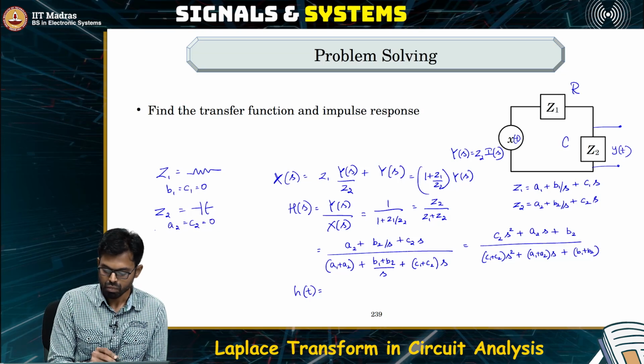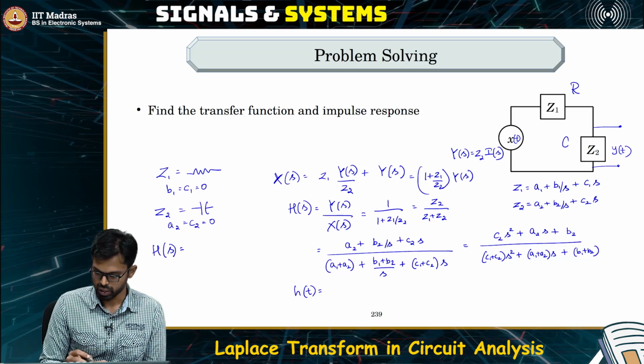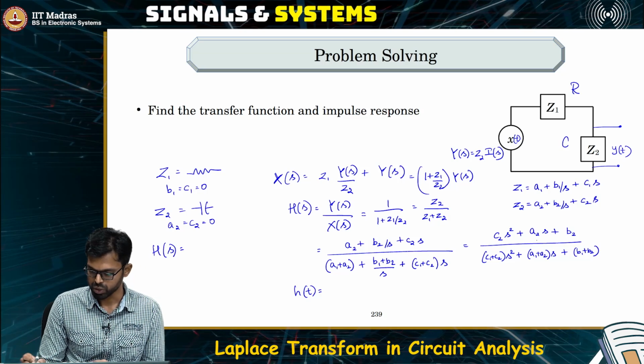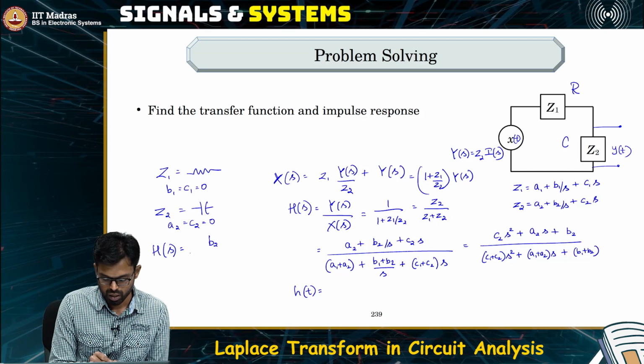Okay. So, substituting that back, we have H of S equal to, A2 is 0, C2 is 0, we'll just get B2, divided by,